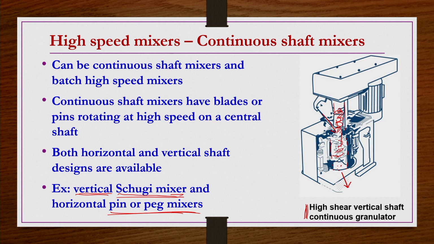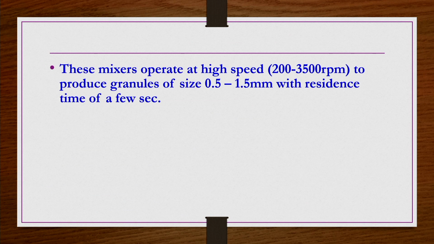So whatever solids you have and then the binding liquid that you have, they undergo very high shear. Why? Because here the rotation is in general very high. Because of the high rotational speed, very high shear is generated, and because of that high shearing, high mixing takes place in the case of continuous shaft vertical granulators. So that is going to have an impact on the performance, the final granulation degree.